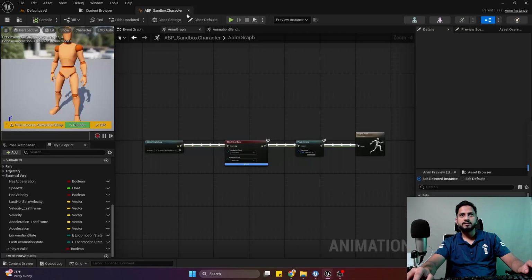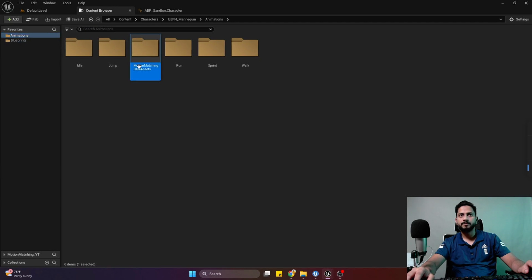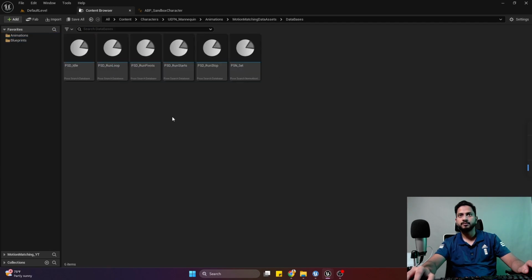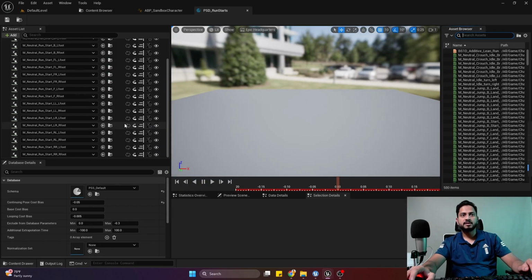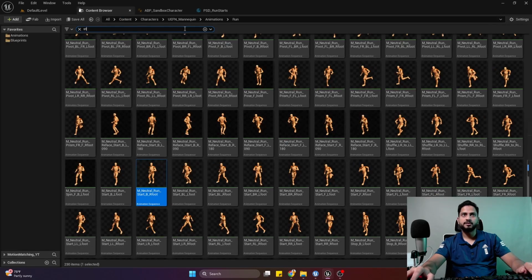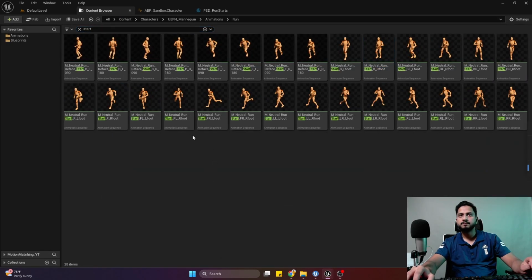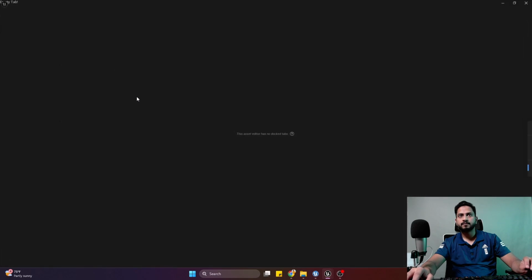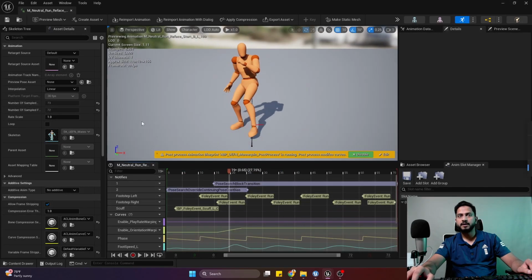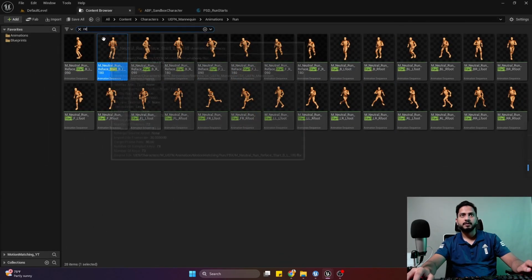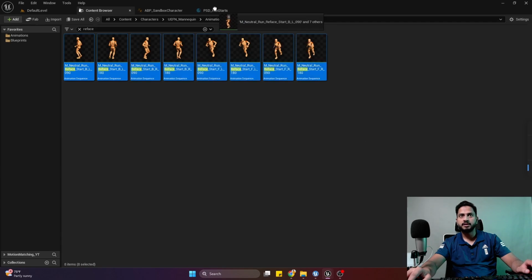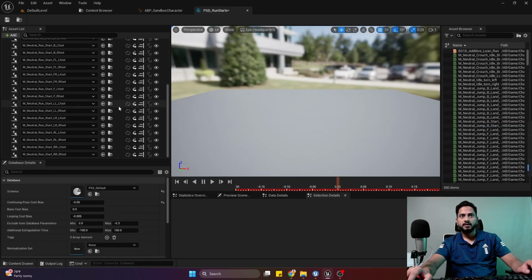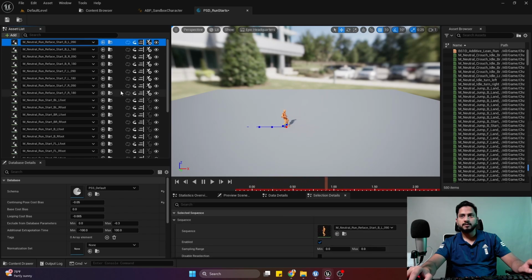So what I'm gonna do is go to my motion matching data assets database. So we have this run start database. We are missing the start animations. So if I search for start, yeah, these reface animations we are missing. So if I put these animations into the database,